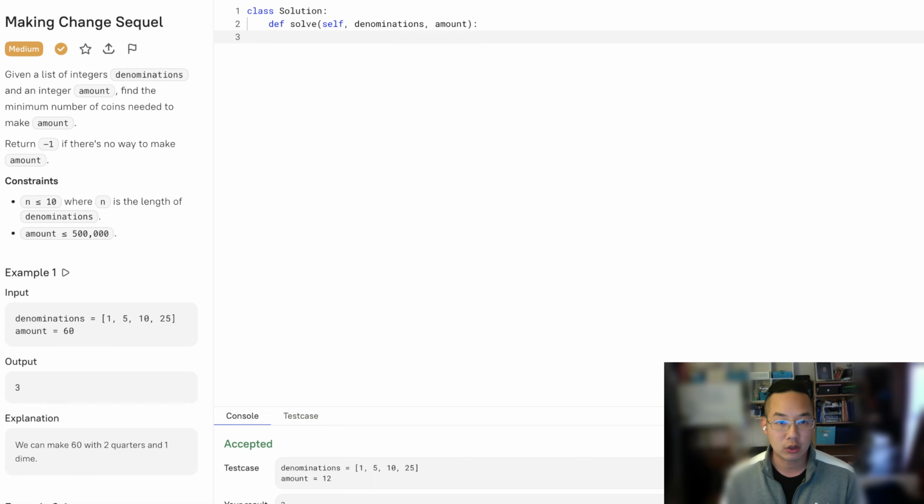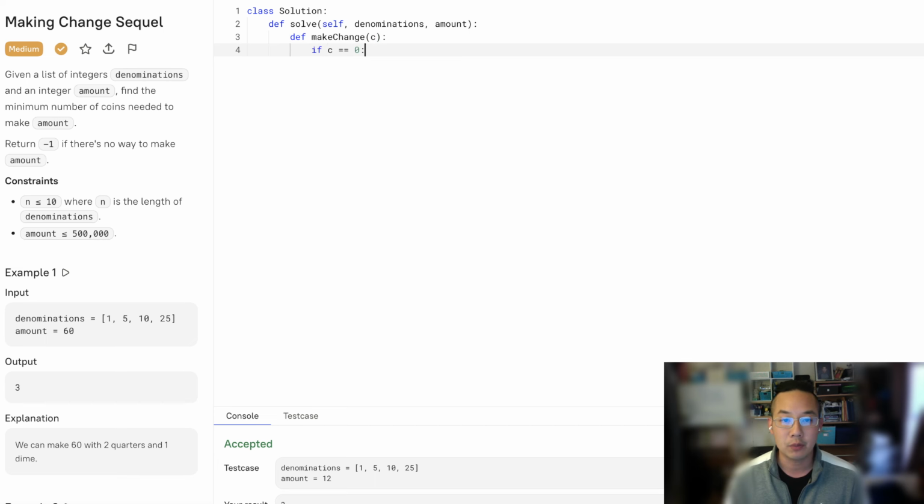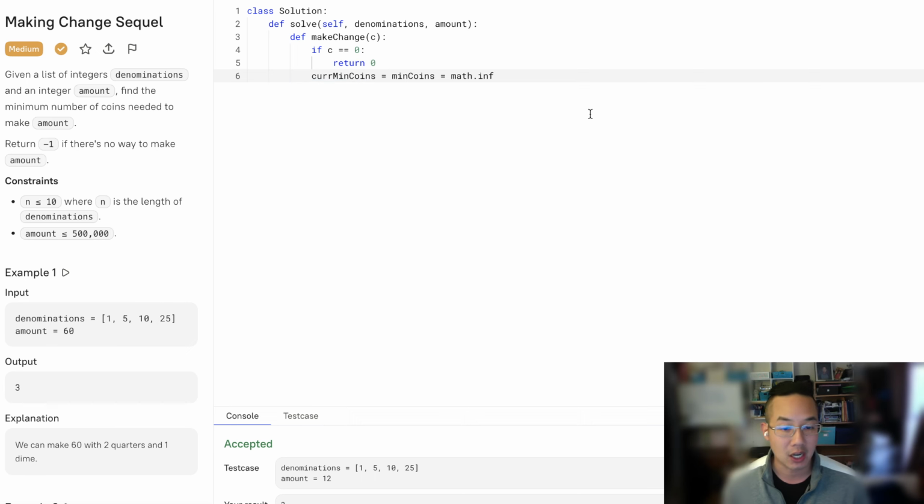So to do the recursive solution, I'm going to create a recursive function called makeChange of the change C. As our base case, if C equals 0, we're going to return 0. Otherwise, let's set the current min coins, min coin, equal to math.inf. Because we're going to have to spread out 4 different ways, or the number of denominations, and we have to check each way. So for 4 denominations,